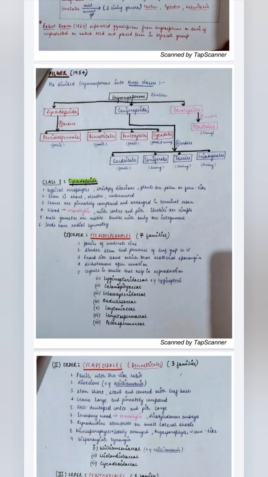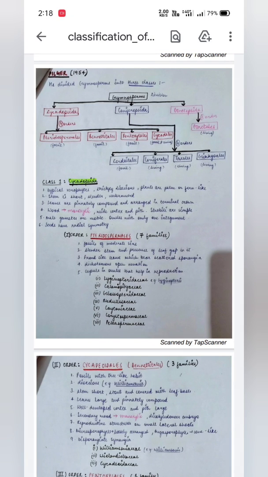Pteridospermales is divided into 7 families, that is Lyginopteridaceae, Calamopityaceae, Glossopteridaceae, Medullosaceae, Cardiocarpaceae, Corystospermaceae, and Peltaspermaceae. So I have made a mnemonic for these 7 families, that is mad cat lying calm on